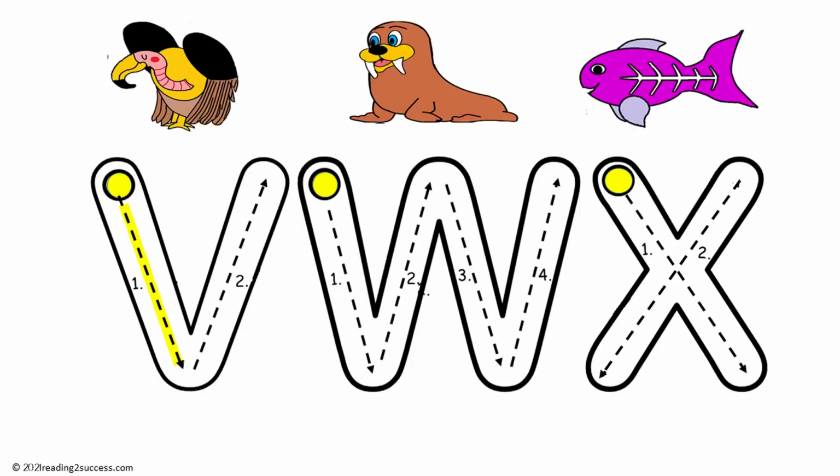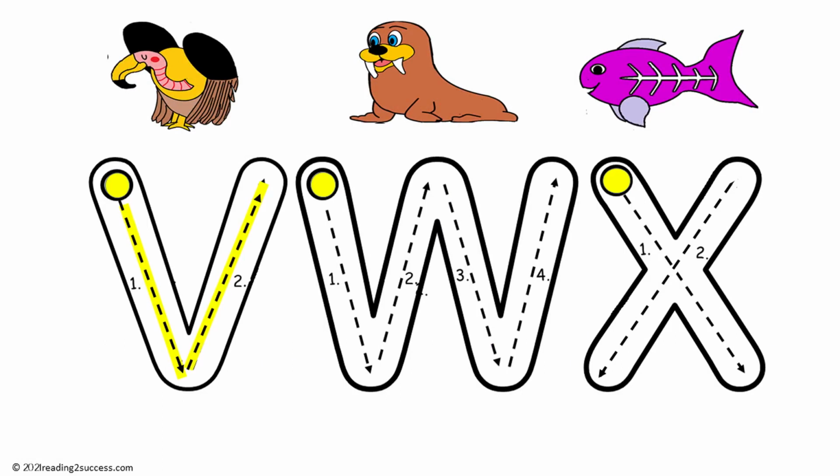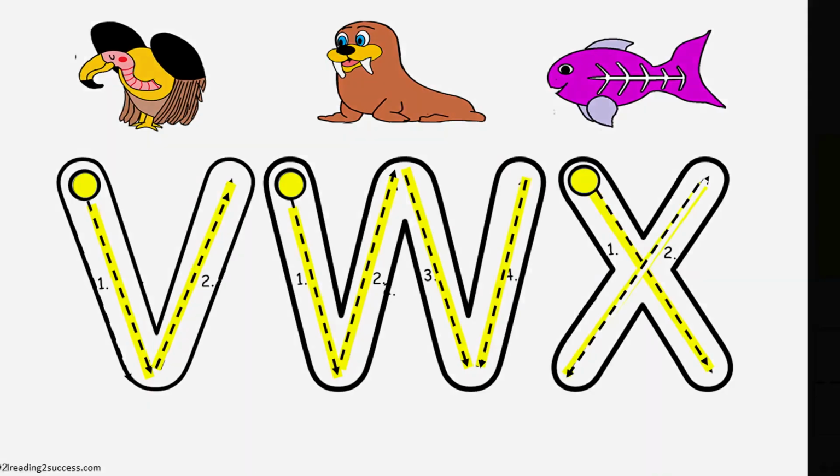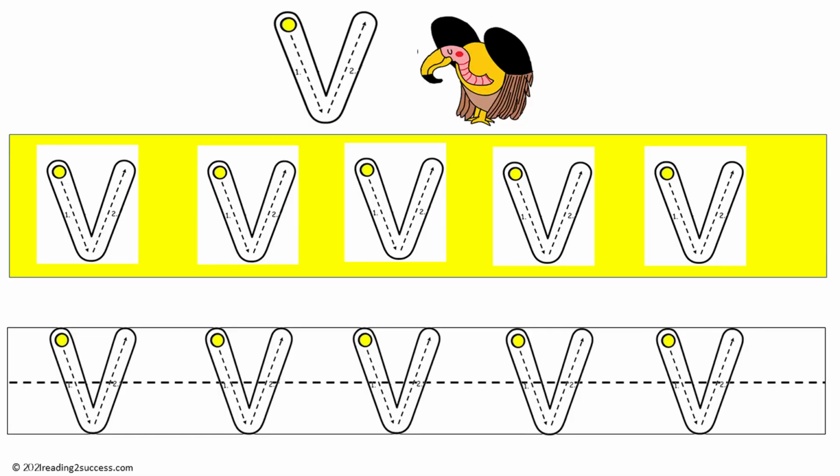The letter V has two parts, part 1 and part 2. The letter W has four parts, part 1, part 2, part 3, and part 4. X has two parts, part 1 and part 2. Now have kids complete the practice pages for letters V,